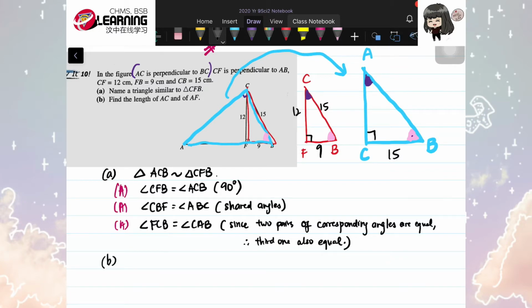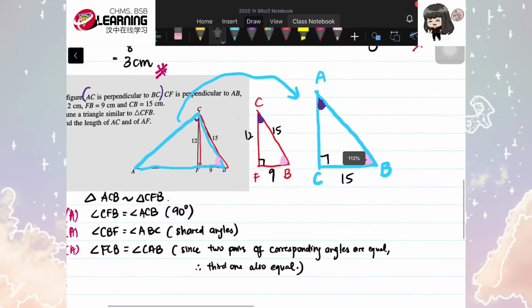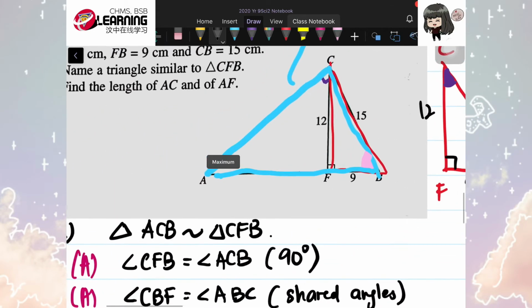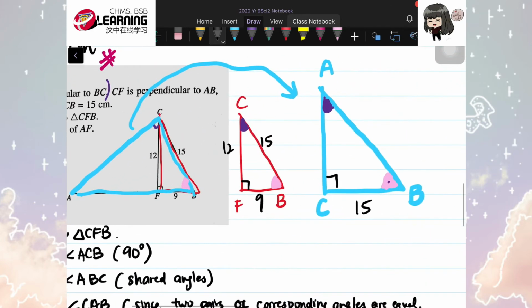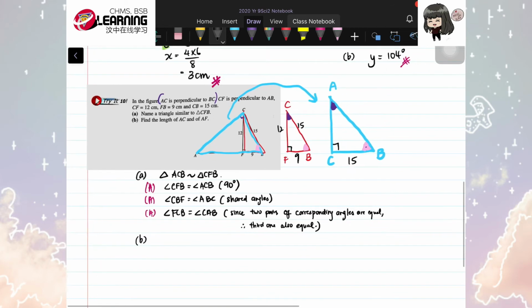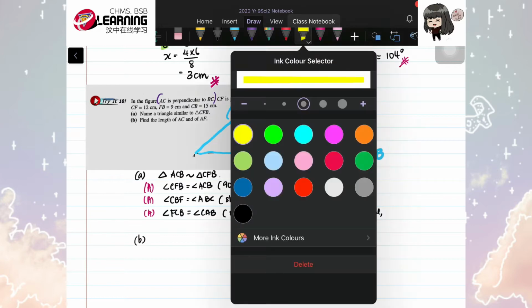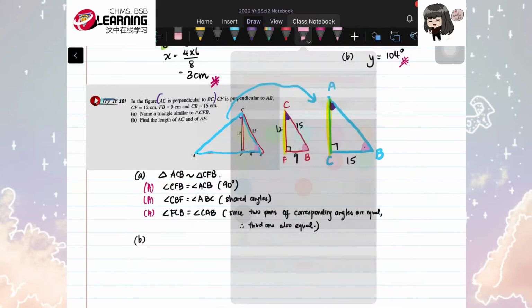Okay, so let's do part B. So we already showed that they are similar. So now find the length of AC and of AF. Okay, so I already drew these two triangles out for you to compare. It's easily compared now. If you cannot see it like this, I would prefer you to draw two triangles like this so that you can compare easily. Okay, so we find AC. AC is here, the yellow one. So I will compare this side with CF. We find the ratio of these two yellow ones, and then we compare with